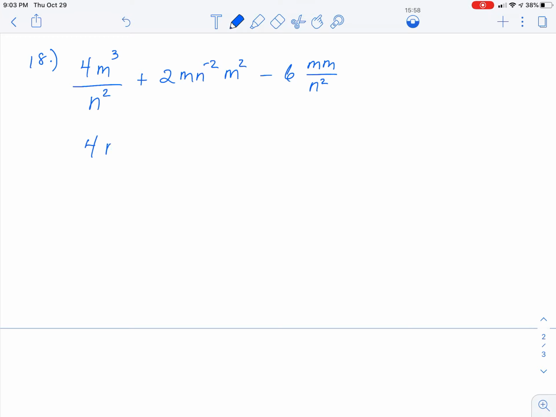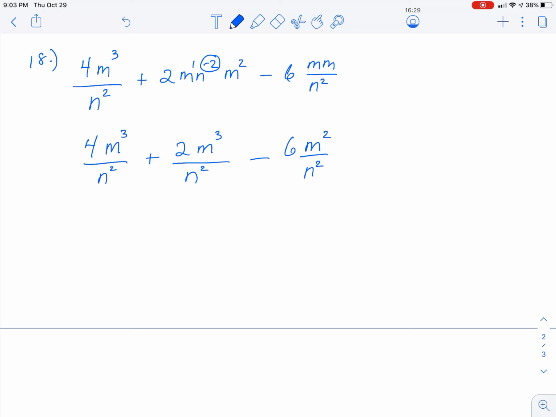So it looks like the first one, there's not much we can do, so we're just going to rewrite it as it is. I can't cancel that. Anything that doesn't cancel, we leave as is. The second part of this, though, I notice that I have a negative exponent on my n, and it looks like I can combine my m's. So let's do that. So I have 2m to the third, and I'm going to move the n to the second to the bottom. And then on the third one, I can combine my two